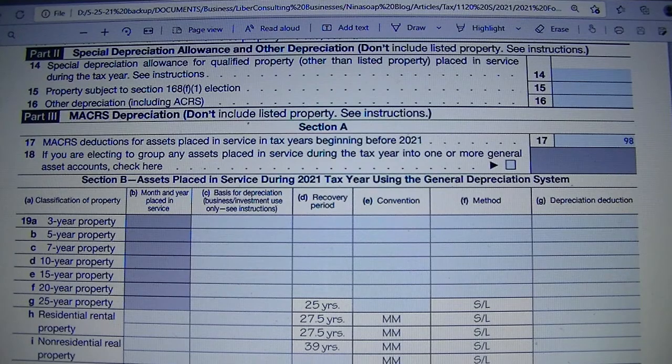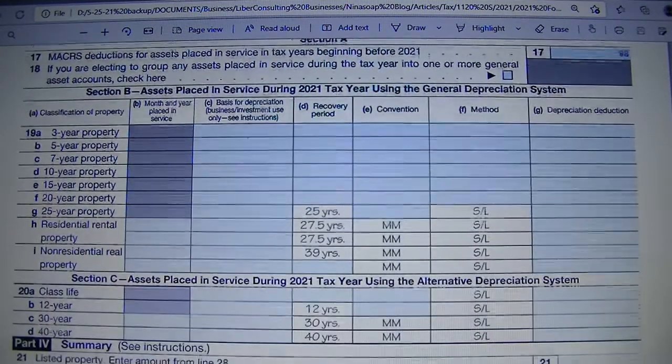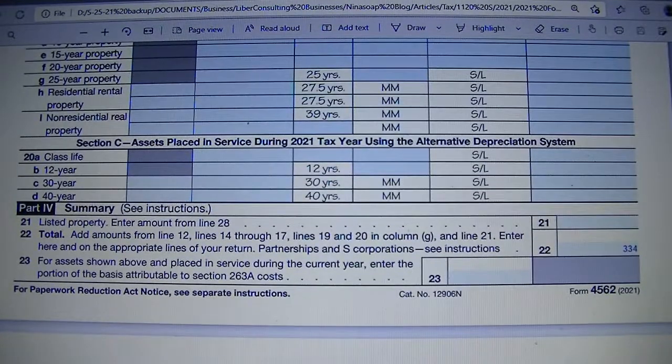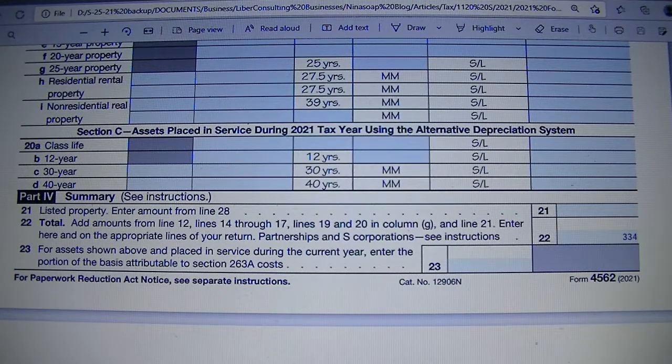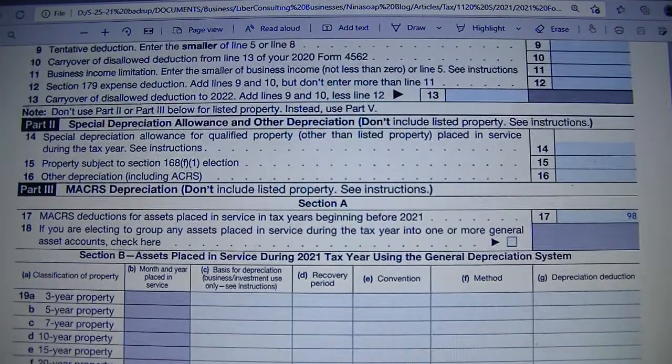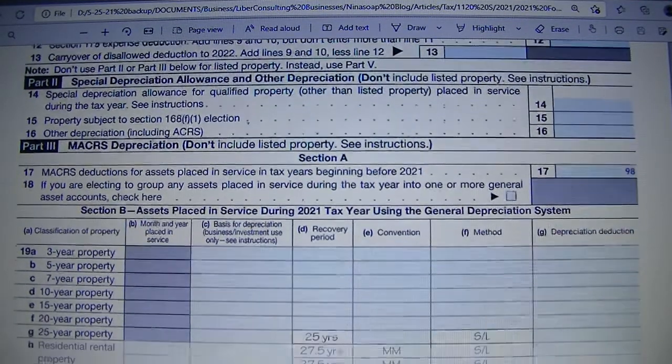So taking those deductions might be great, but if that will create more work for you to the point that you might have to hire a professional to file your return for you, you want to see if that's beneficial to you or not. And I just like to keep it simple and not take those special depreciation. But then I will add an attachment when I explain it that we elect not to claim them. Okay, so now,